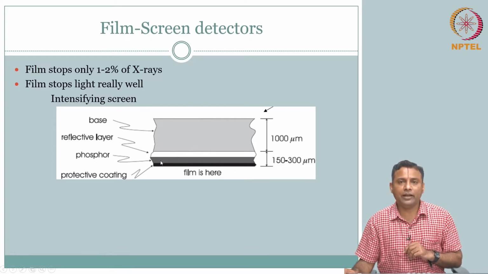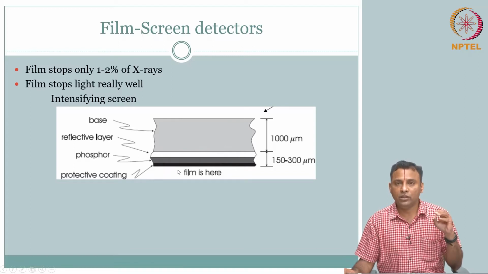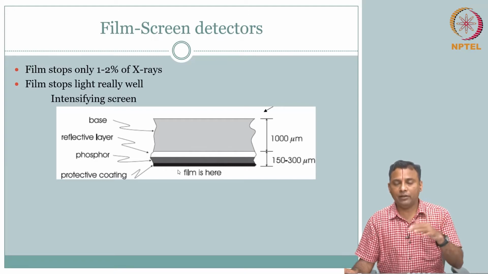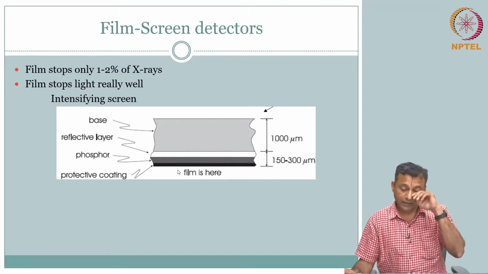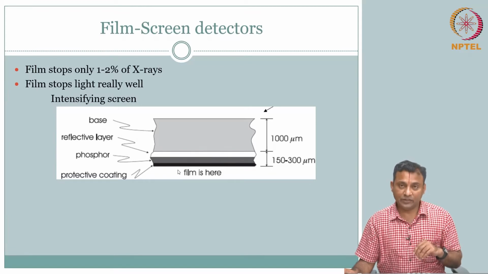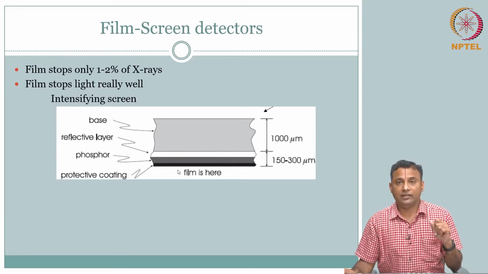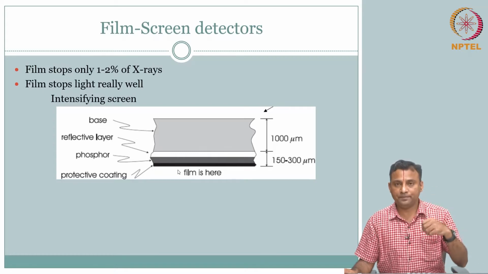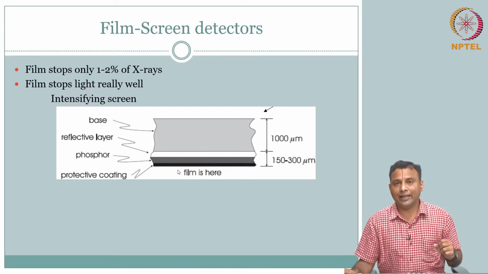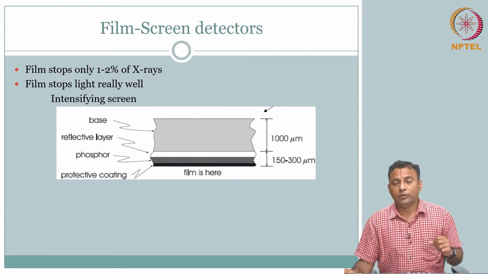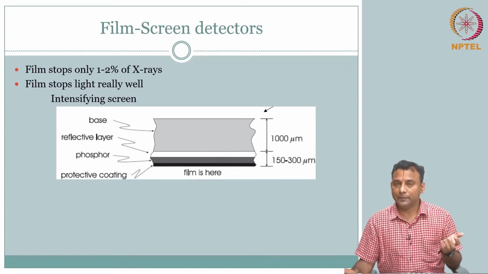So you have several types, like luminescence, fluorescence. We are talking about fluorescence here. So there are different types of luminescence. Fluorescence gives you conversion where the light is generated at a time constant comparable to the speed of light, 3 into 10 power 8. Whereas you have phosphorescence, where it will take some time, after which it will give light.